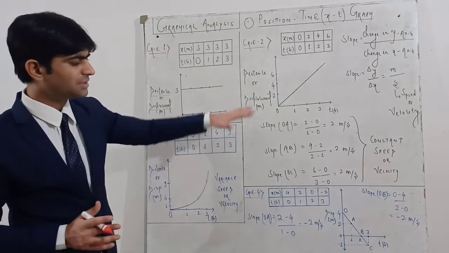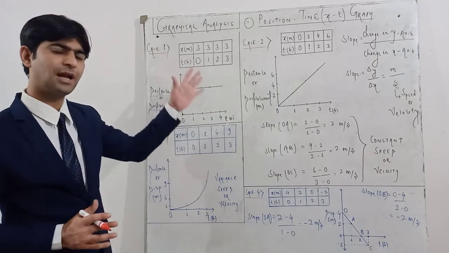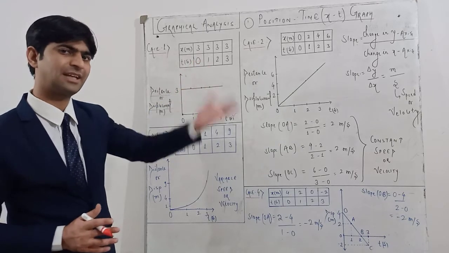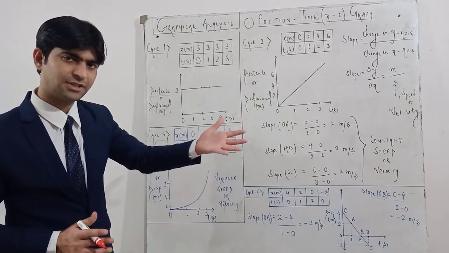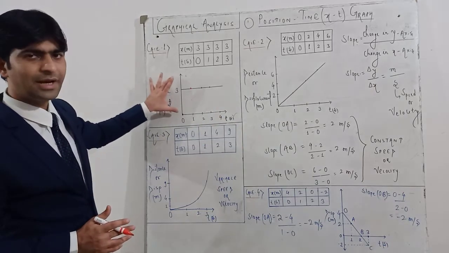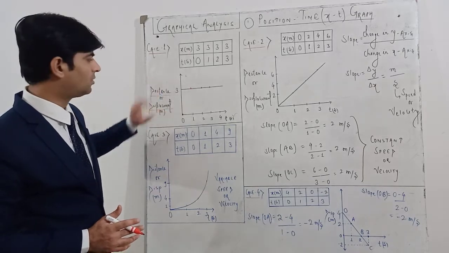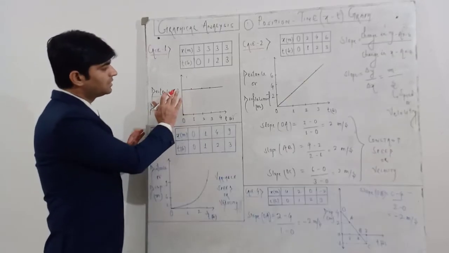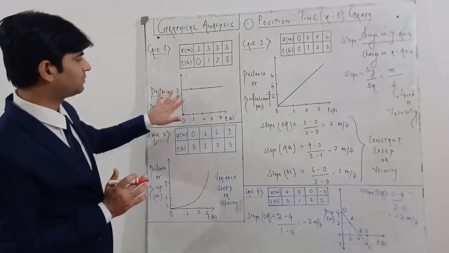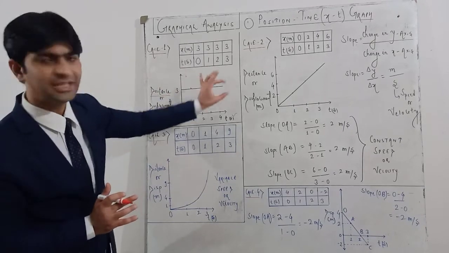In all the graphs, time will always be taken on the x-axis, and the other parameter, whatever it will be, here it is distance or displacement. Maybe in the next category we will discuss the velocity time graph or speed time graph. So on the x-axis, and on the y-axis I am going to take distance or displacement. Okay, so if you see here, this graph is parallel to the time axis. That means the position, that means the distance or displacement of a body, is not changing with respect